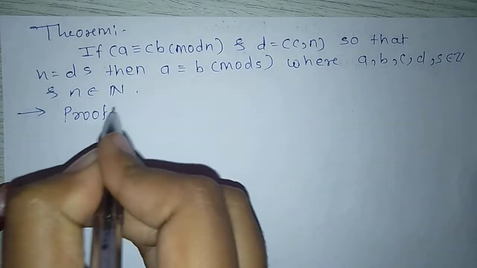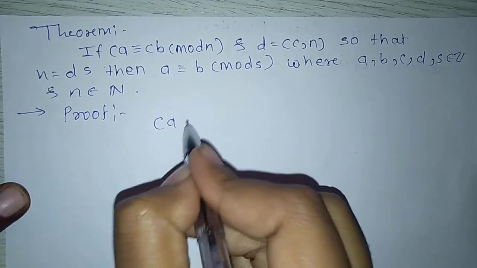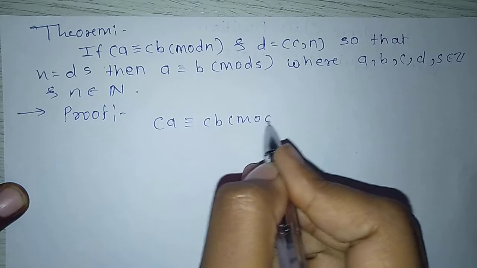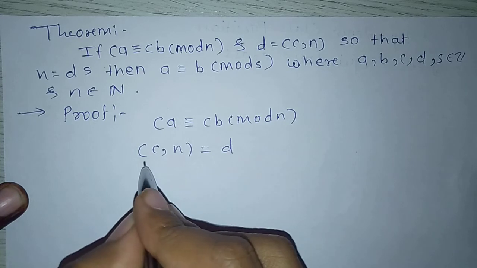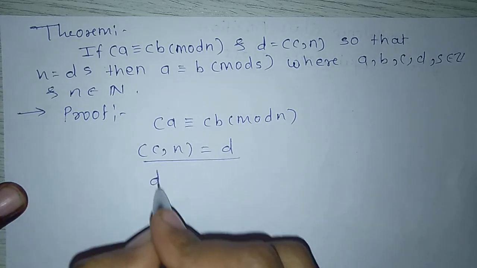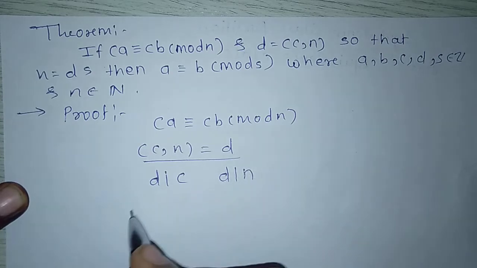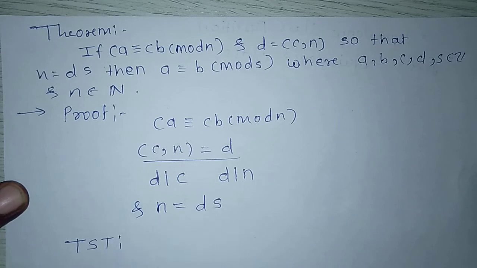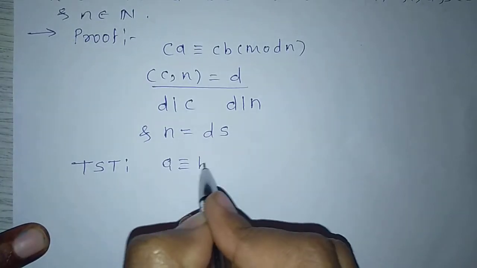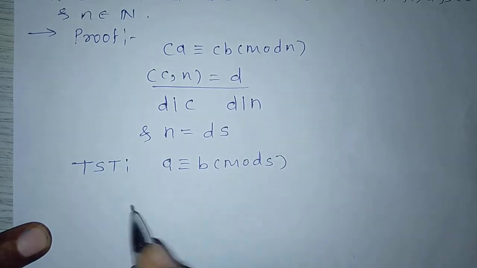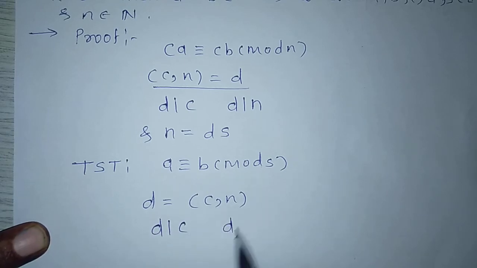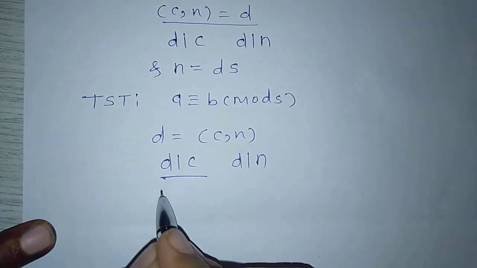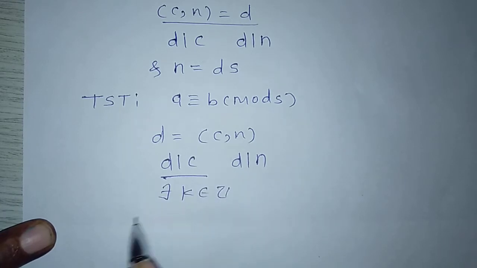Proof: given CA is congruent to CB modulo n and GCD of (c, n) equals d. GCD of (c, n) equals d means d divides c, d divides n, and n equals ds. To show that A is congruent to B modulo s, we have d equals GCD of (c, n), which means d divides c and d divides n. d divides c means there exists an integer k belonging to Z such that